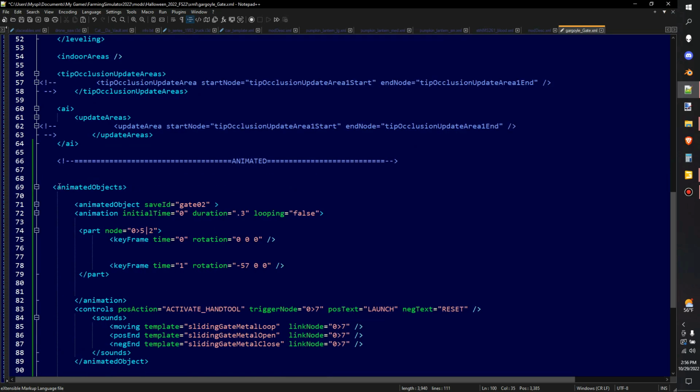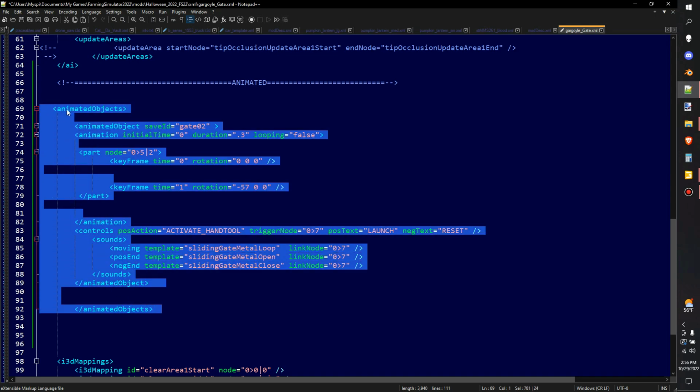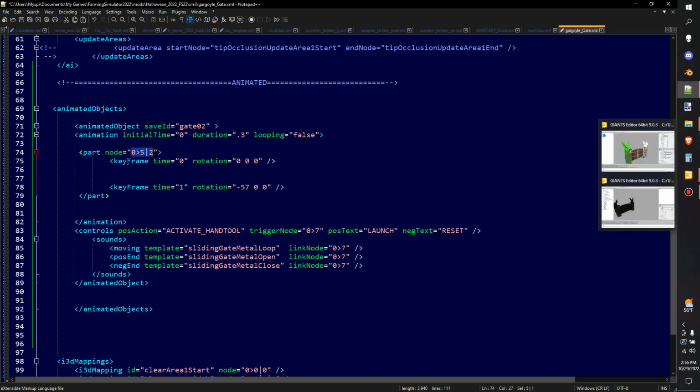And we go into animated objects now, and you can copy and paste this out and put it into your placeable very easily, just as long as you have everything that's inside of this tag here, animated objects. So I've already named it gate 2, but I have not hooked up the part node yet. So let's go in, and because we're gonna have to make 2 parts,